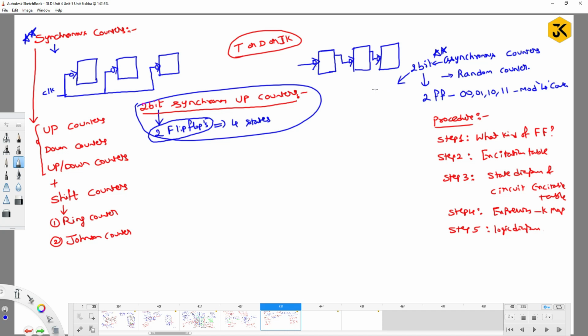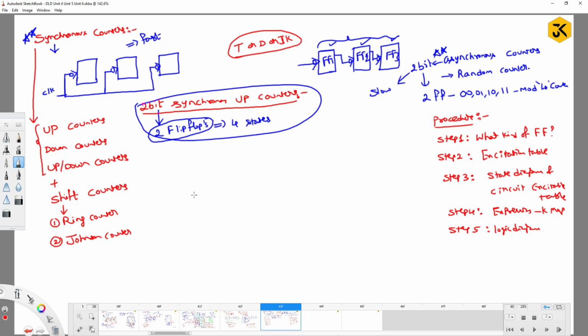slow in execution. Why? The point is, if I want to execute flip-flop 3, it has to depend on flip-flop 2, right? Yes, and if it wants to execute, it has to depend on flip-flop 1, right? So as there is a dependency among each other, to execute the last one, it has to depend on all the remaining ones. So that's the reason it is going to be very slow. Whereas synchronous counters are going to execute fast because there is no dependency. But the point is,